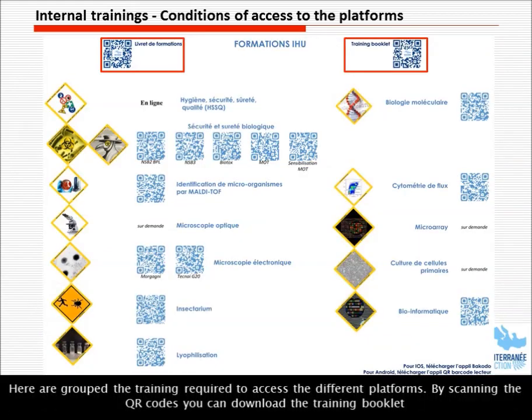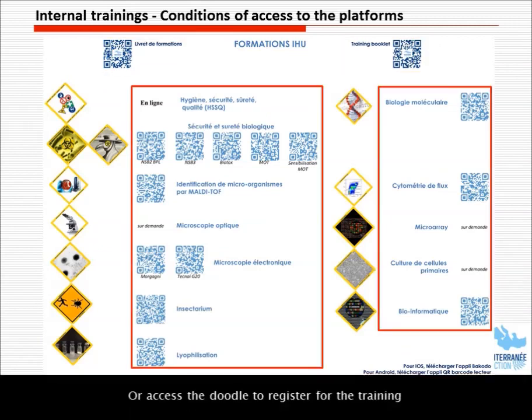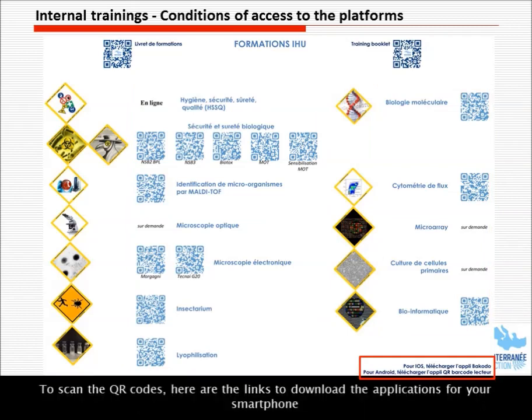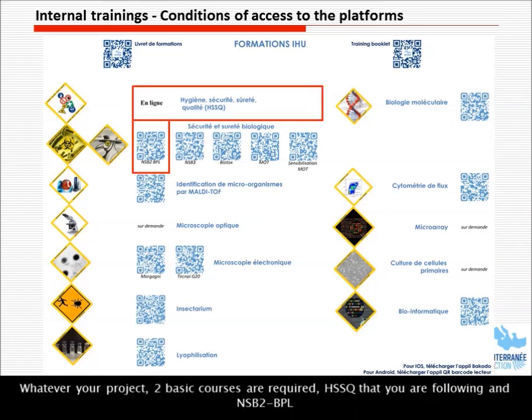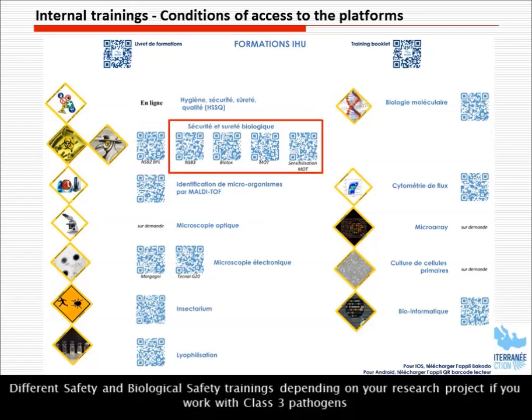Here are grouped the trainings required to access the different platforms. By scanning the QR codes you can download the training booklet or access the doodle to register for the training. To scan the QR codes, here are the links to download the applications for your smartphone. Whatever your project, 2 basic courses are required: HSSQ, that you are following, and Basic Training Biosafety Level 2 and Good Laboratory Practices. Different safety and biological safety trainings depending on your research project if you work with Class 3